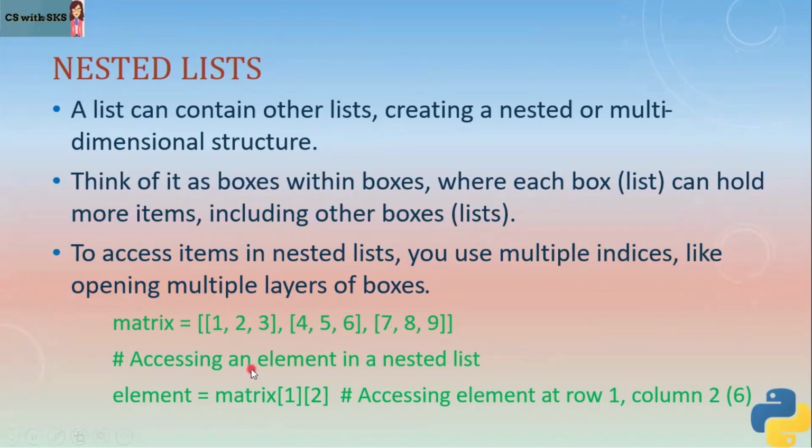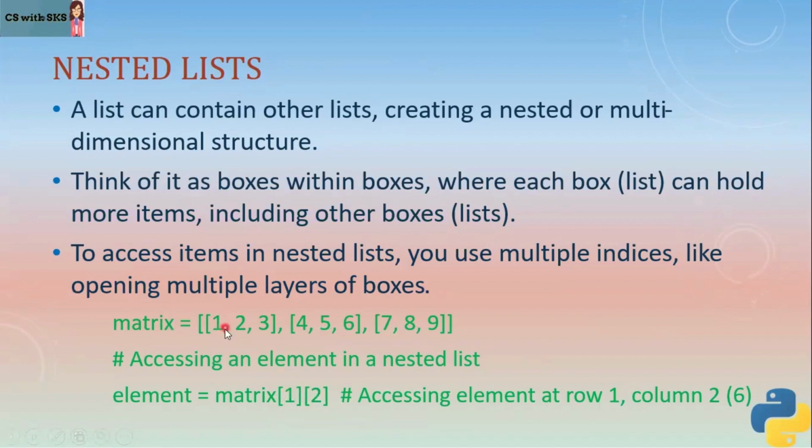To access this, I have to have one index for row and second index for column. So if I write matrix, which is the list name, and if I want to access matrix 1, 2, so row index is 1 and column index is 2. So it will give me